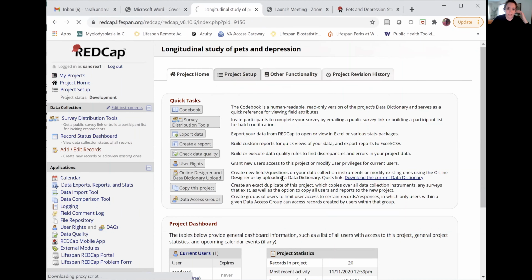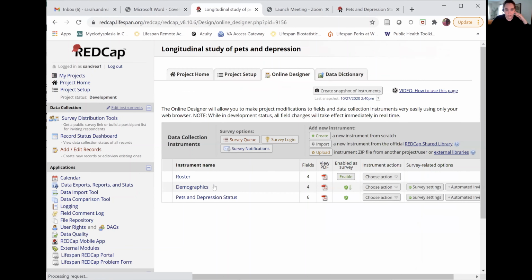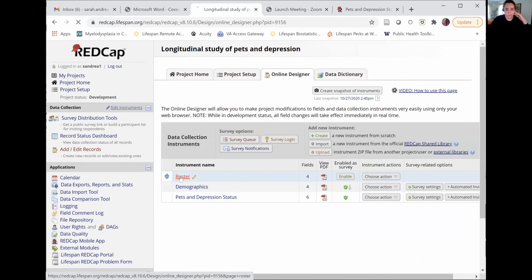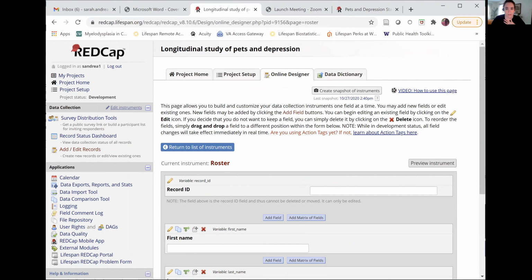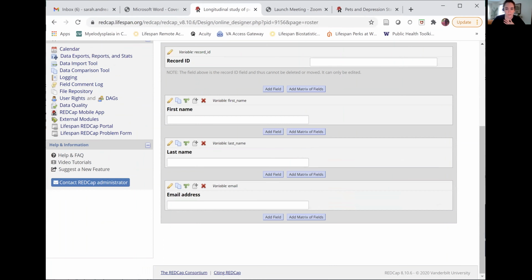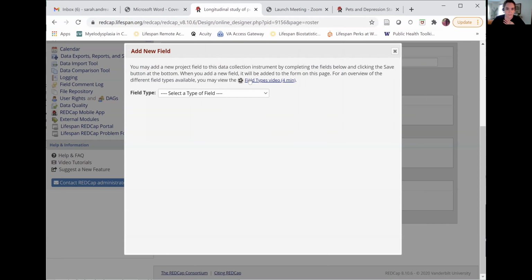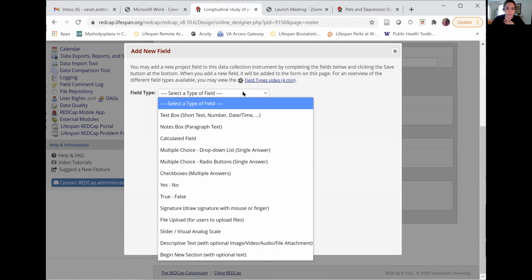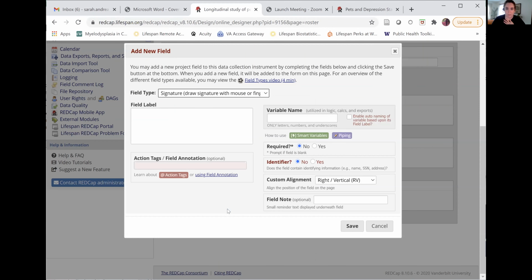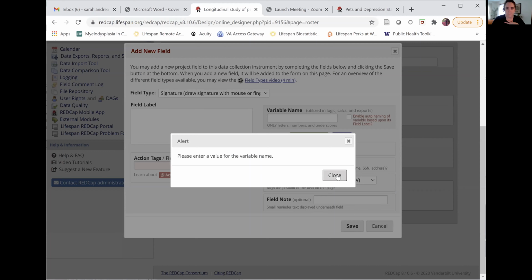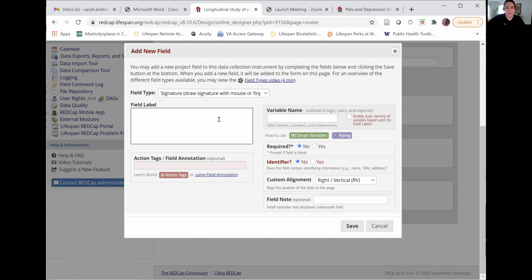So we're just going to go back into our project here. And why don't we go into our roster? It's just to have a place to plop it. So you go to add field, and then you can see right here, signature. This will prompt them to draw their signature with a mouse or a finger. Oh, sorry, we need to specify